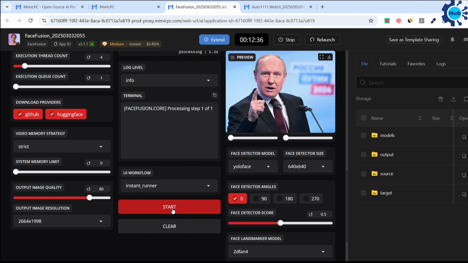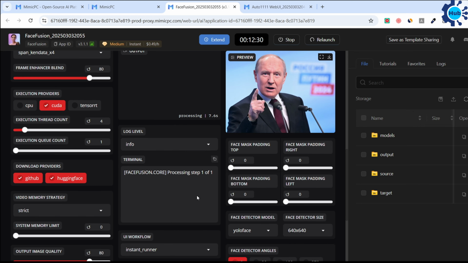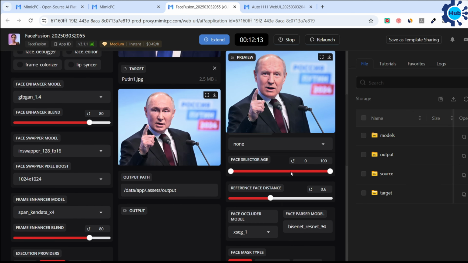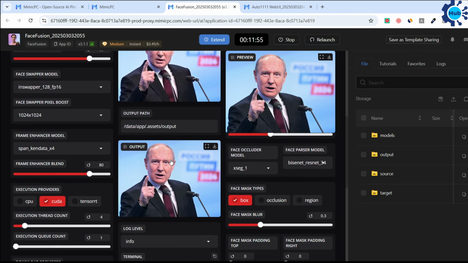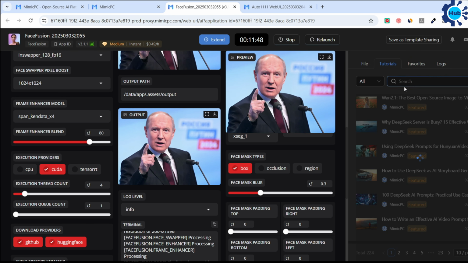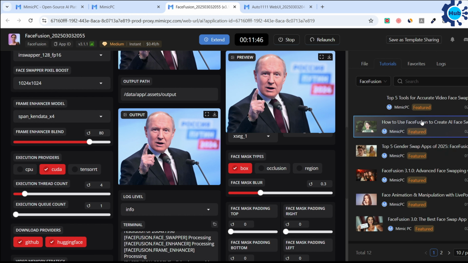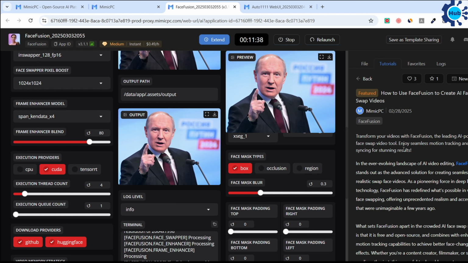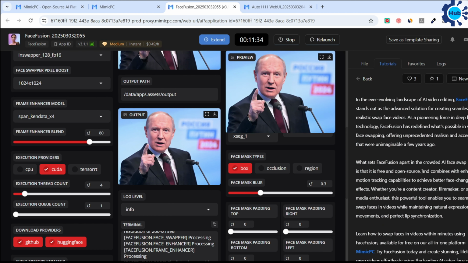I also want to mention on the right-hand side, you're going to have a couple of options here, including tutorials. You can search relevant tutorials as you move along. For example, there is a tutorial on how to use Face Fusion. If I click on this, I can access the tutorial right in the interface. If I scroll through, it walks you through step-by-step how to use Face Fusion, and some of the settings you want to consider, and how to really optimize